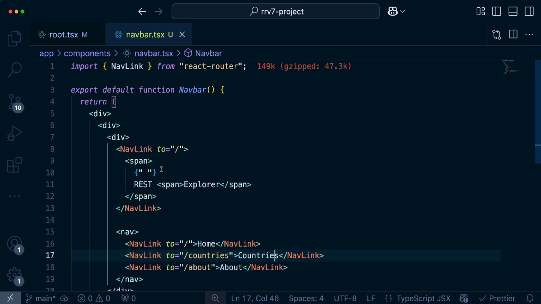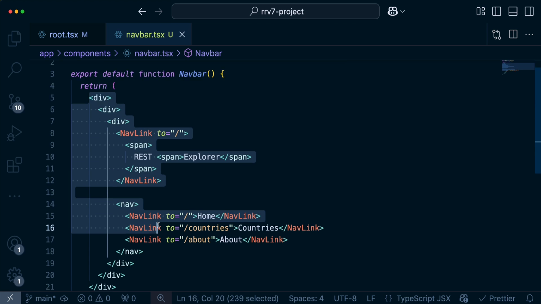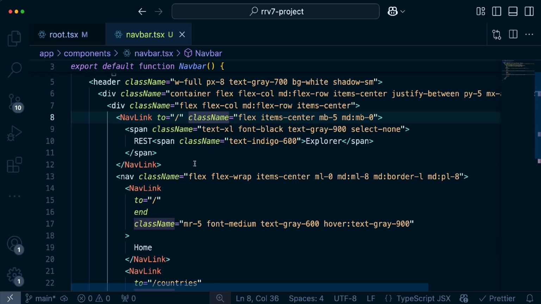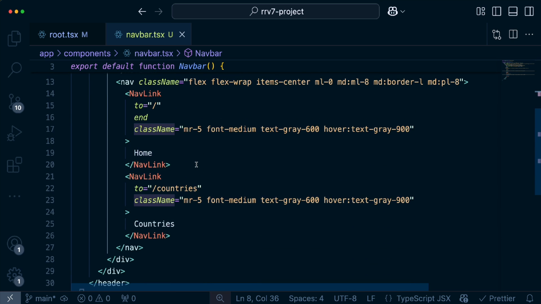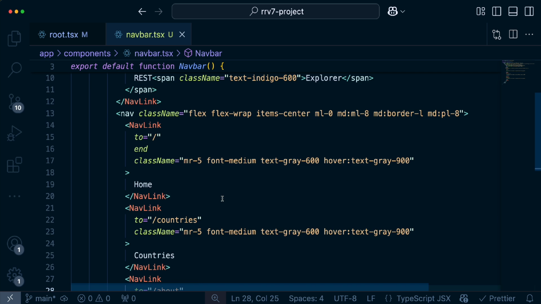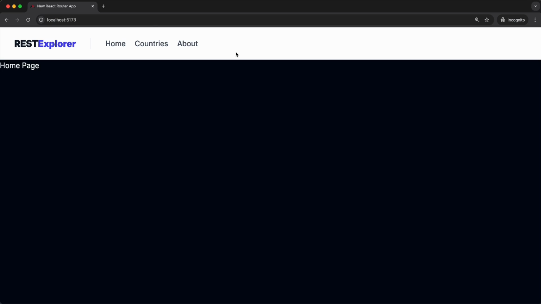And one good thing is, now that I have all of the structure done, I didn't write any of the CSS. I'm going to copy and paste all of the Tailwind class names that I did on my demo, and if you want to just copy and paste them, feel free to do so as well. Perfect. As you can see, I just pasted all of the class names, all of the other stuff remained the same, and if we go over here, this is how our navbar looks like. It looks a lot better than what it was looking before,